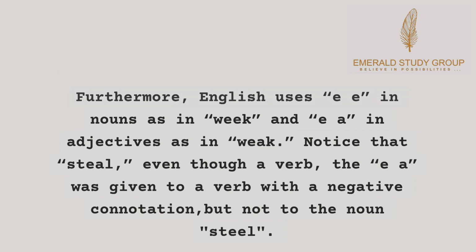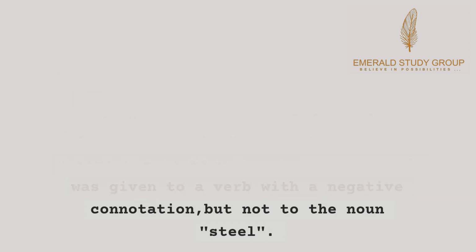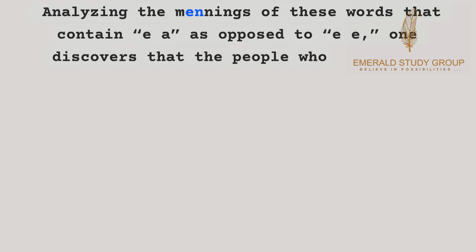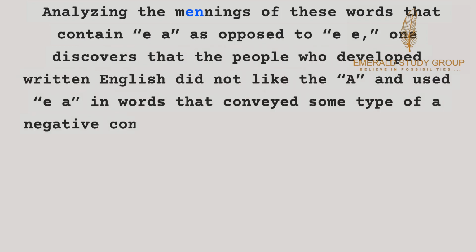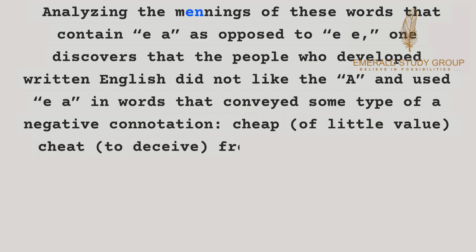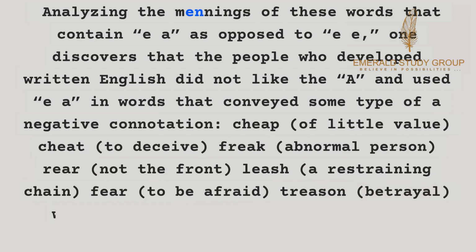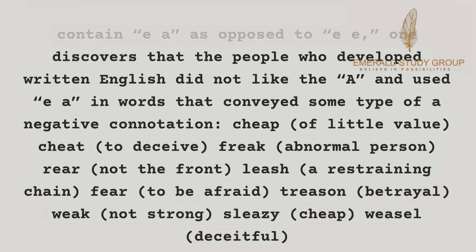Notice that steal, even though a verb, was given the EA, since it is a verb with a negative connotation, but not the noun steel. Analyzing the meanings of these words that contain EA, as opposed to EE, one discovers that the people who developed written English did not like the A, and used EA in words that conveyed some type of negative connotation: cheap, of little value; cheat, to deceive; freak, abnormal person; rear, not the front; leash, a restraining chain;